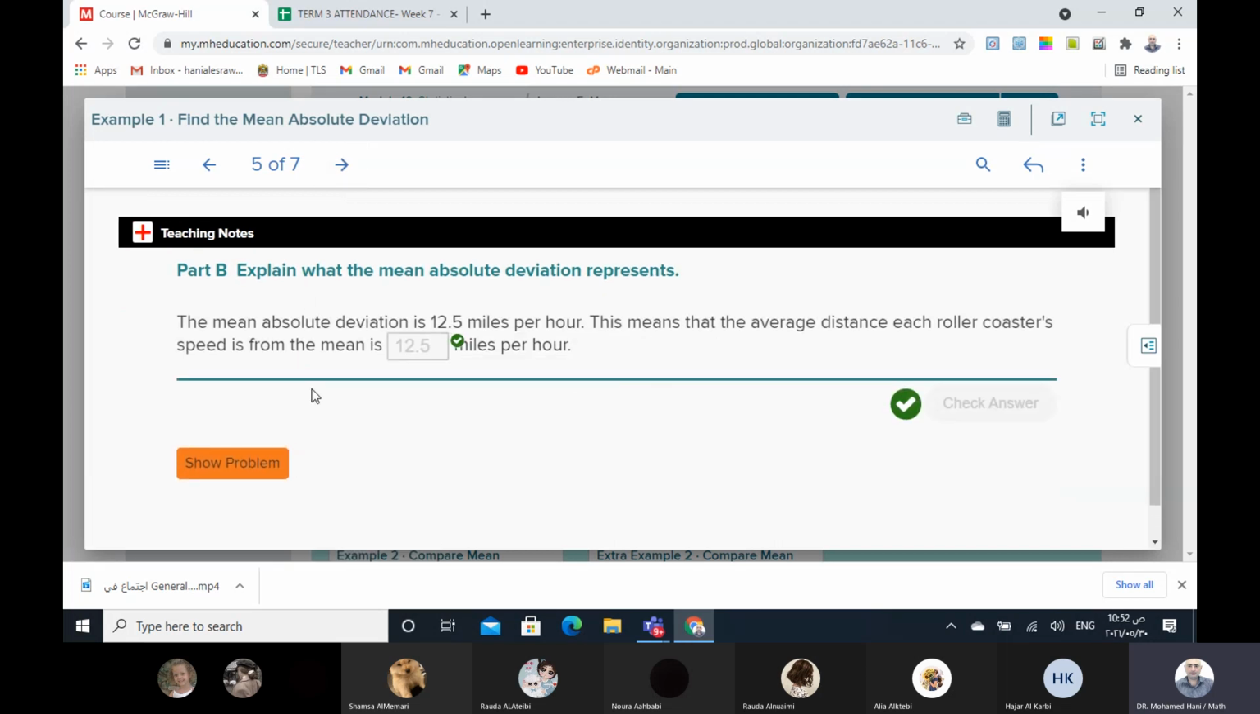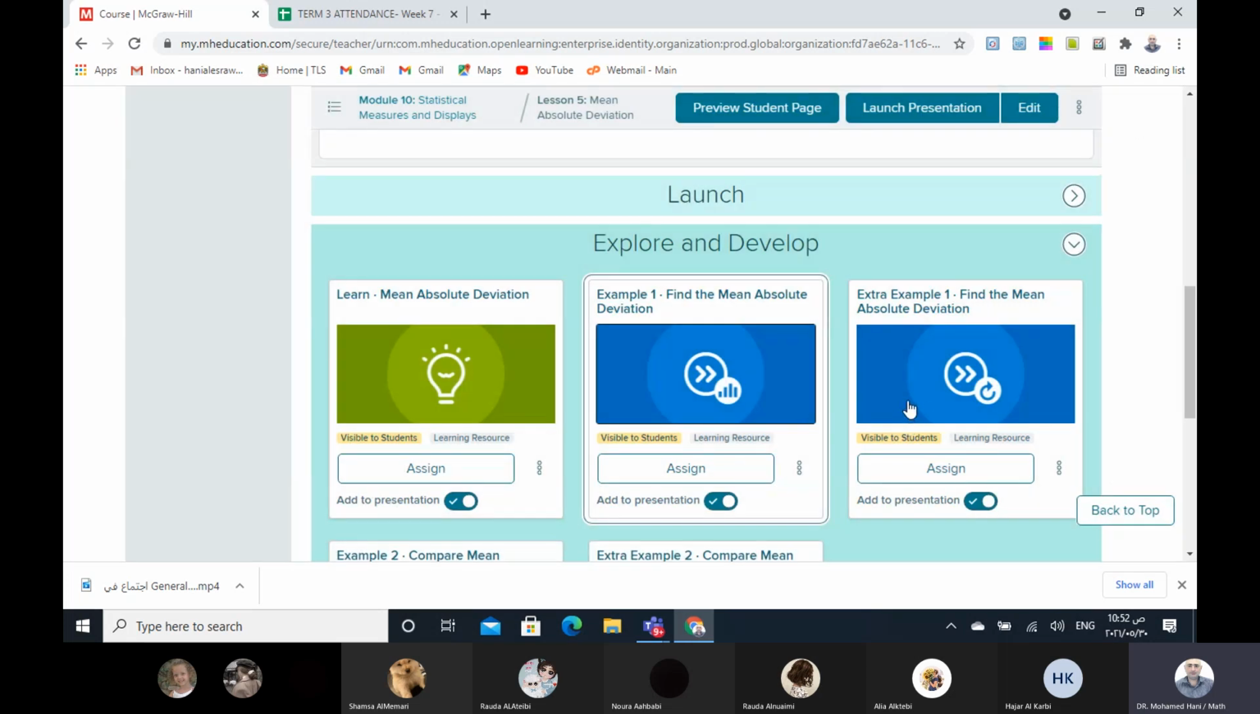The last step, explain what the mean absolute deviation represents. The mean absolute deviation is 12.5 miles per hour. This means that the average distance each roller coaster's speed is from the mean will be 12.5 miles per hour. The second example,